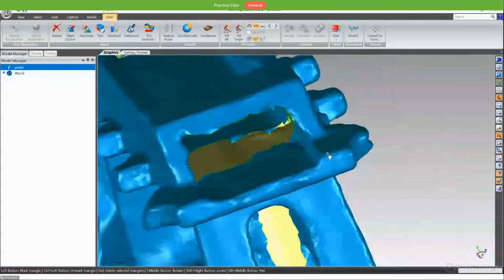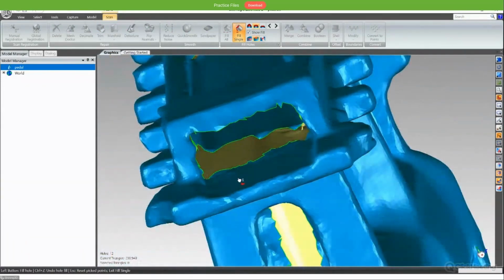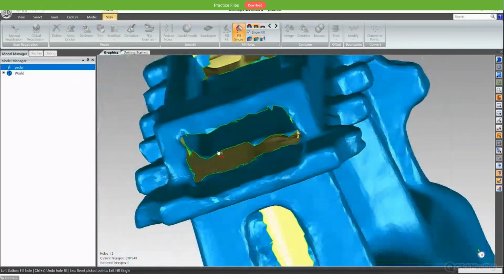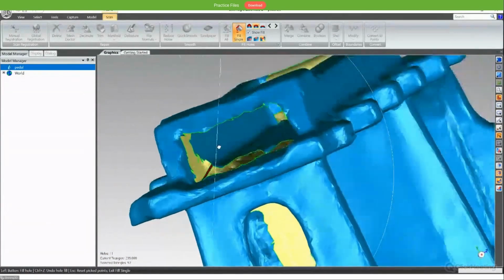So we can run with the bridge. We can create a bridge between these two and then fill the holes accordingly,